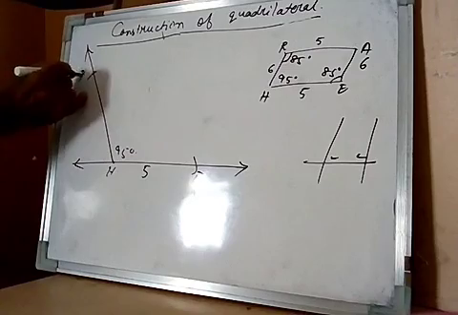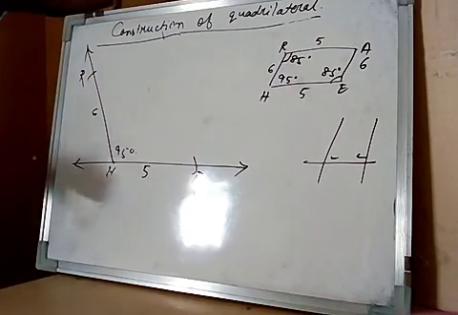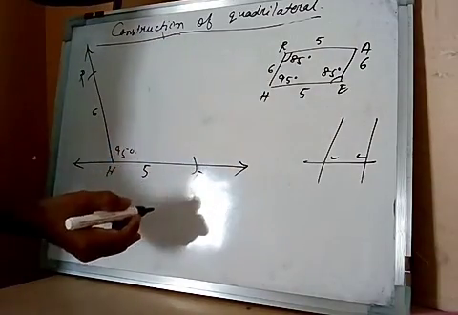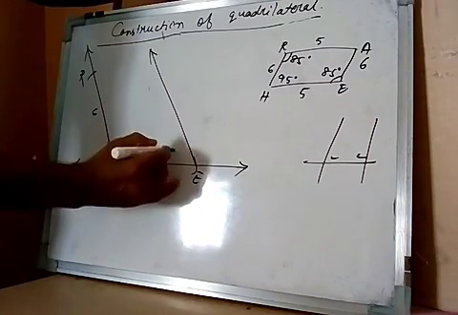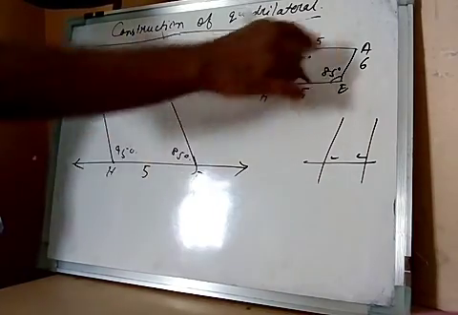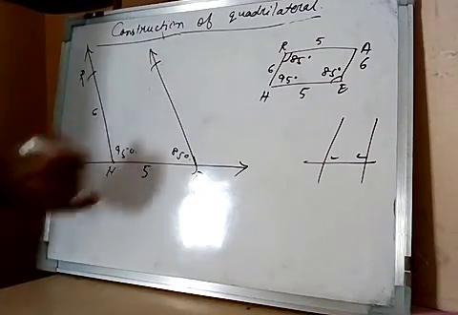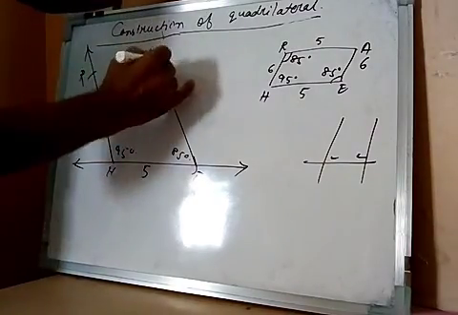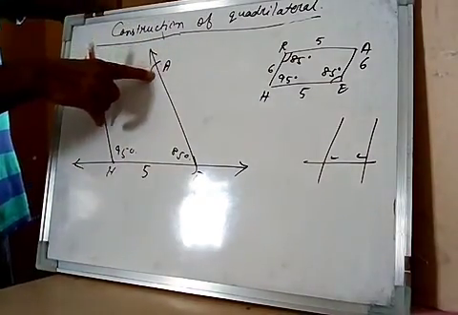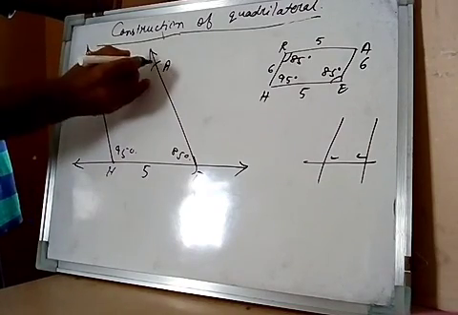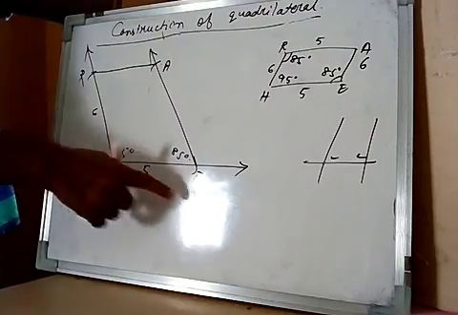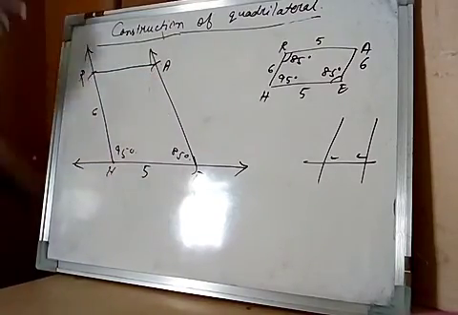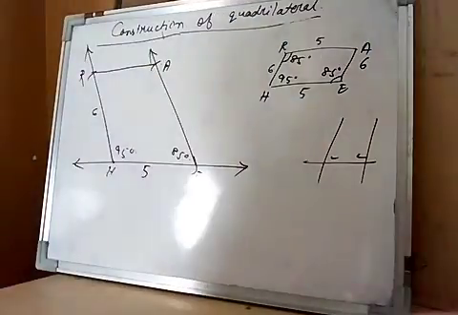This one will be what? R. R is 6. And here 85 degree towards like this. 85 degree. You have to cut how much? 6 centimeter also here. And this point is what? A. Now you can join A and R. So this one will be automatically 5 centimeter. HEAR is the given quadrilateral.